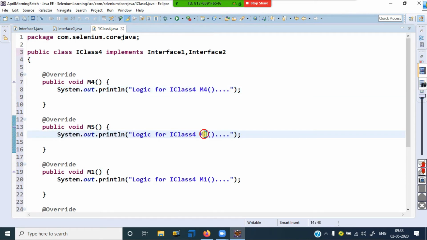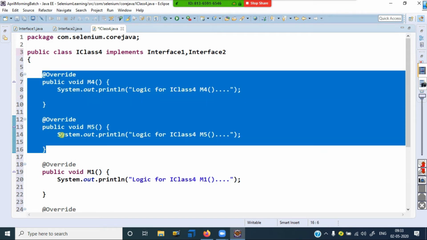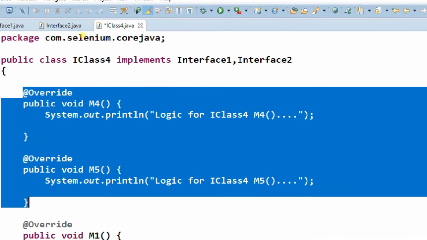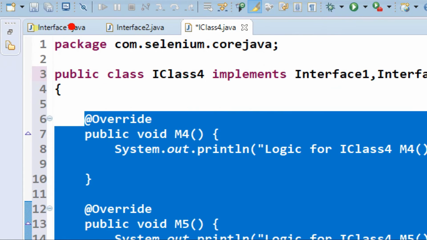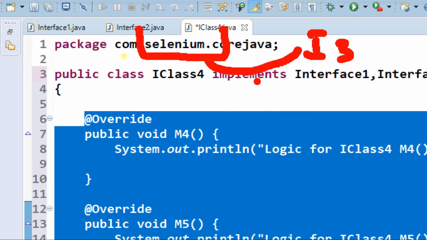These two methods belong to interface 2. So let's discuss. These two methods I want to access with this combination only. With this combination, the reference I am creating, I3 something, in this interface 2 these two methods are there, and only the two methods I can access.